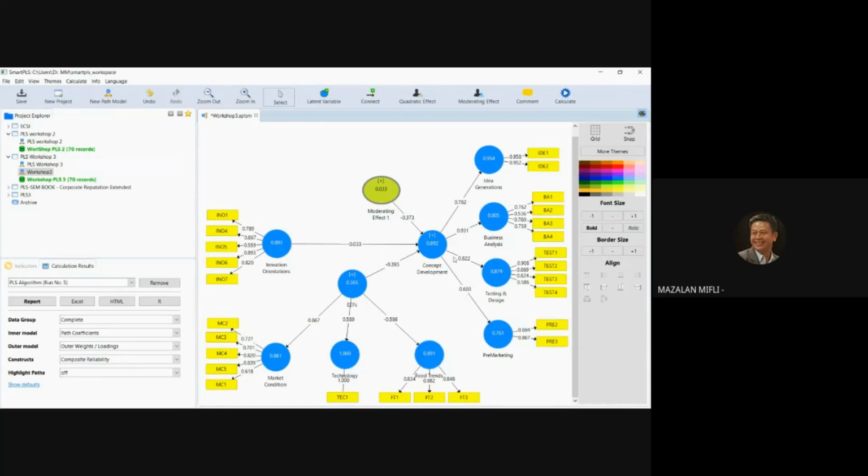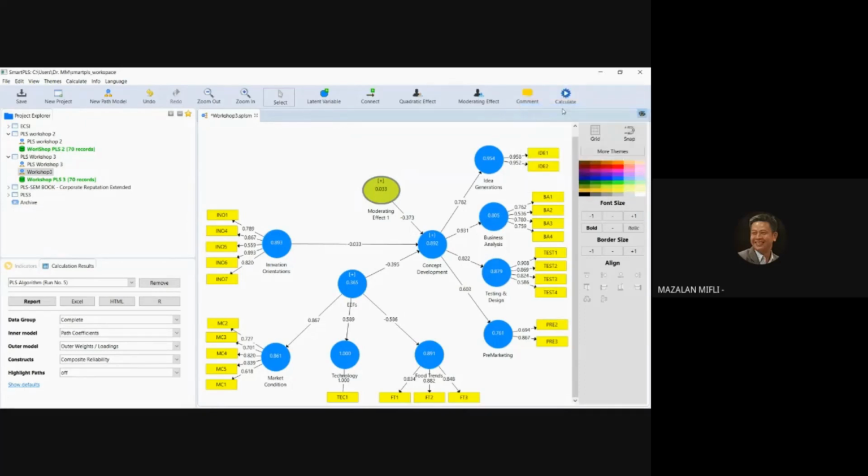Okay, they call it beta value, standardized beta value. Remember, we click standardize. These are still loadings values, but inside here, these are the path coefficient values. Path coefficient values, we also call them standardized beta values. If you have done research before, you know beta value or the standardized coefficient values. By looking at the value, you already know, oh, it's significant. But to make it look nice, to make it look confirmed, what we do is, okay, we're gonna bootstrap